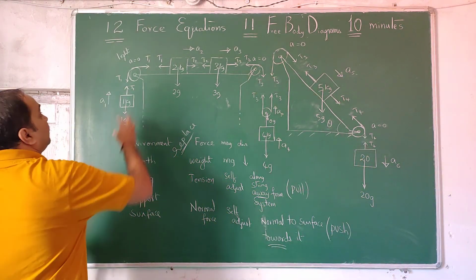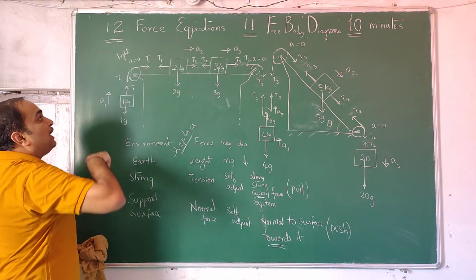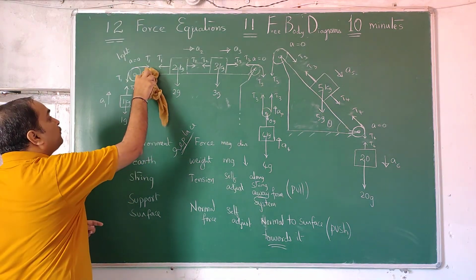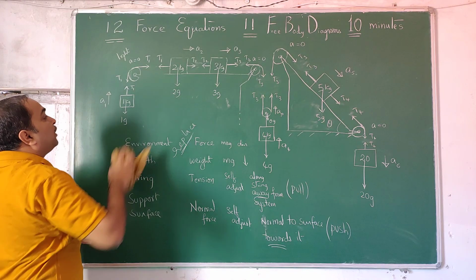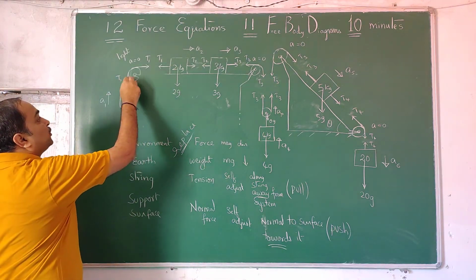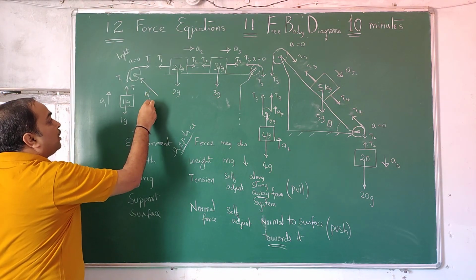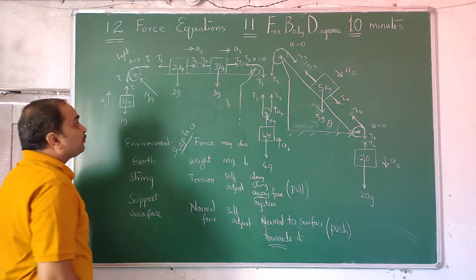Here, this pulley, even though it is massless, would not have stayed there if the support were not there. So the support force, generally we don't write in exact opposition to this force or this force. In between we write it because it has to balance both. So normal force on pulley 1, NP1.